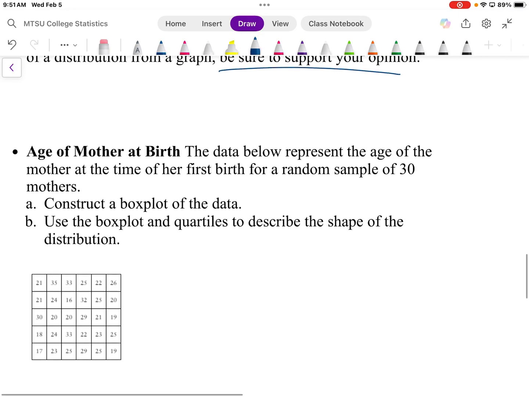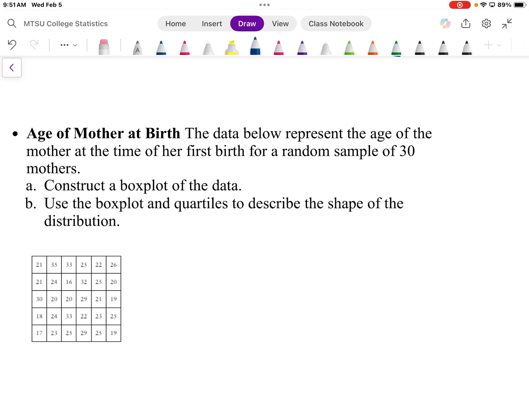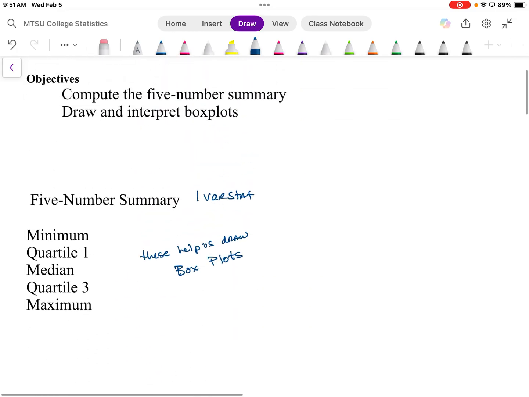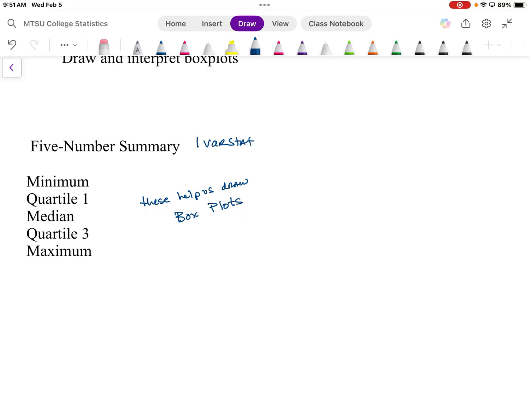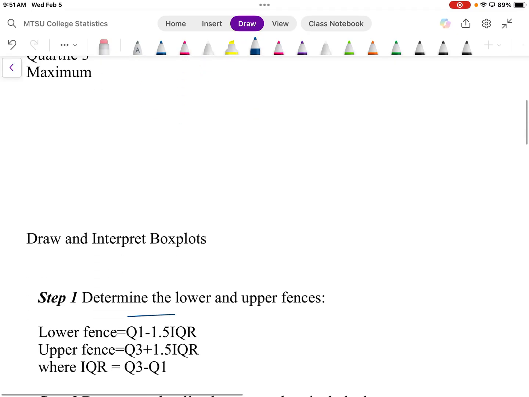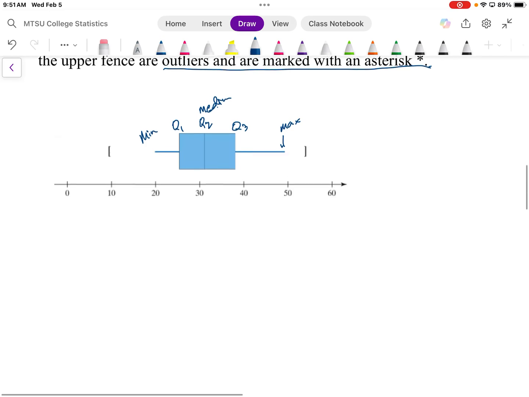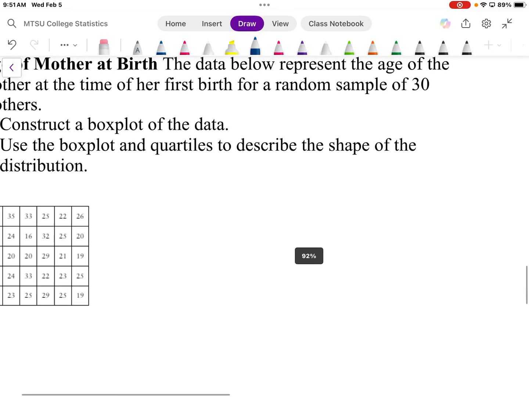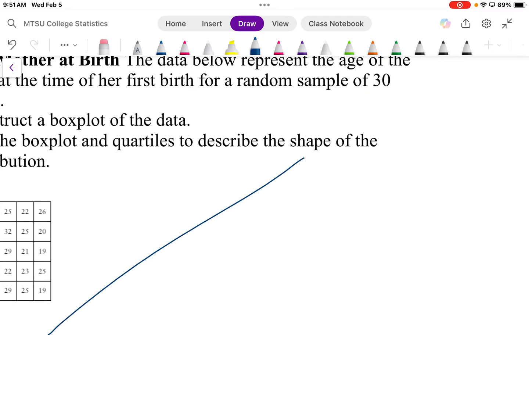So here they want us to go through and practice drawing them. What was the last one we did? What was the last one we have in our calculator? Do we have a set of data in our table, right? So on the previous lesson that we just did, I'm going to do a one var stat and grab the min, max and that stuff on it so I don't have to retype it in. So going back to the previous problem on the last lesson, because that's a heck of a lot of data to type in. So we had a